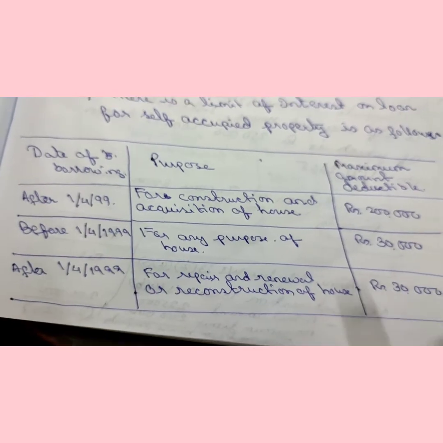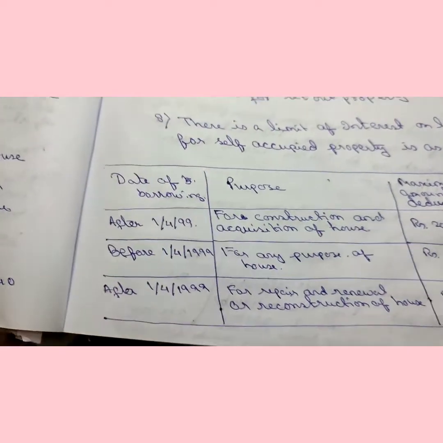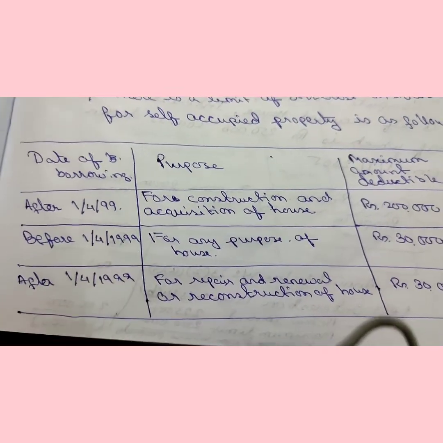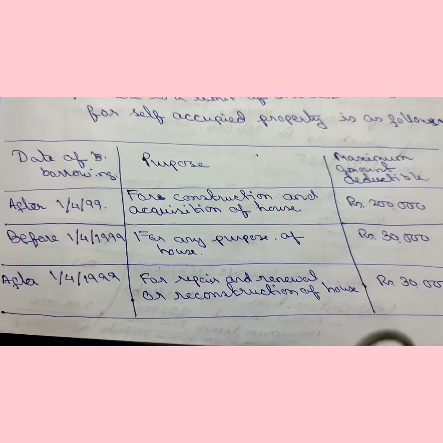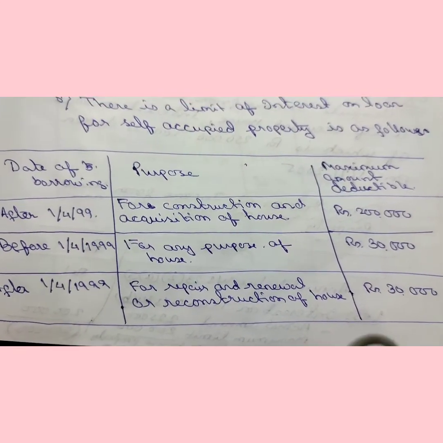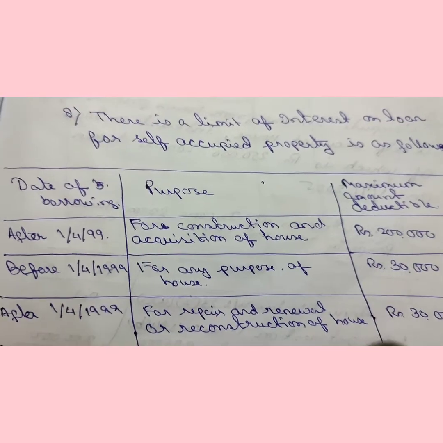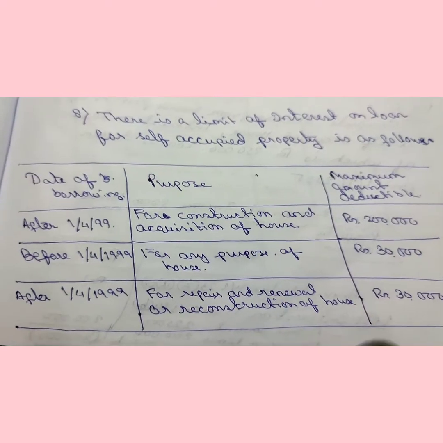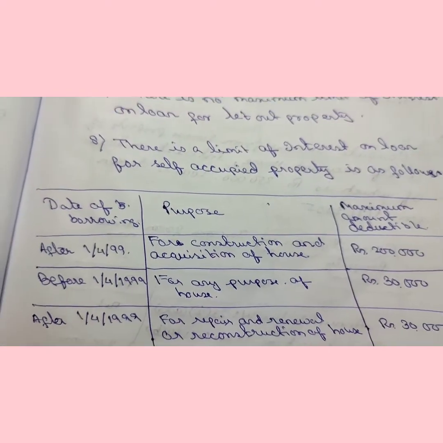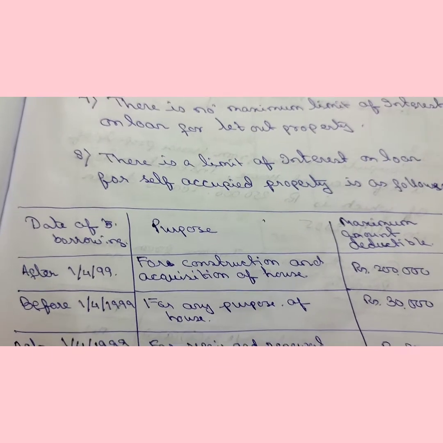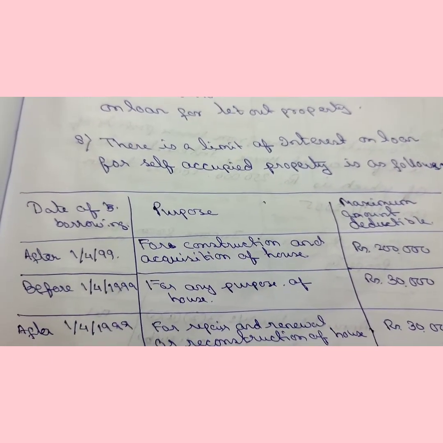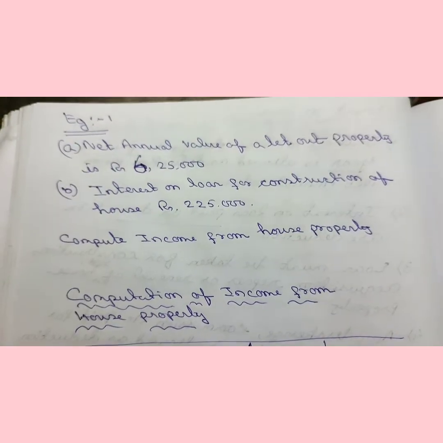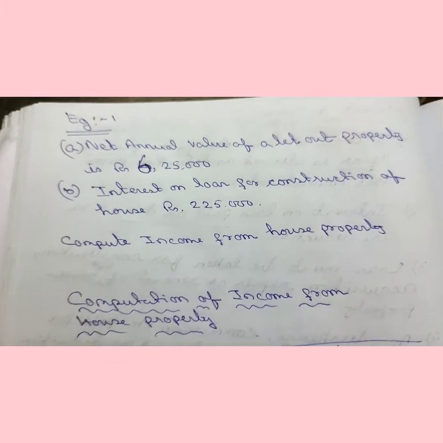Okay, this is the point you have to remember for your MCQ purpose, for your SAQ purpose, for the main 10 mark sums purpose, and of course for a 4 marks theory, because this part, interest on loan, is very much important for your theoretical question also. So you have to remember these points. Now we will discuss some examples about this interest on loan.